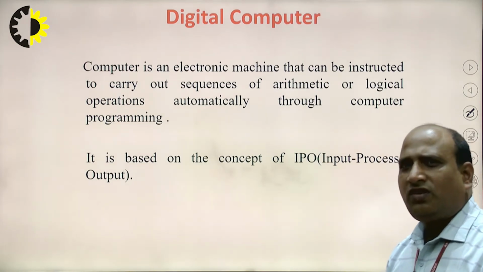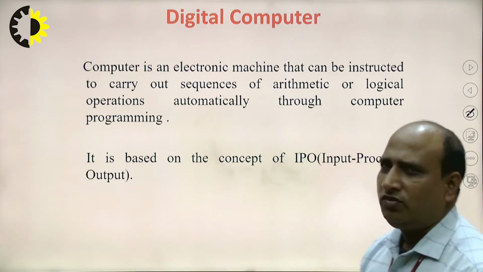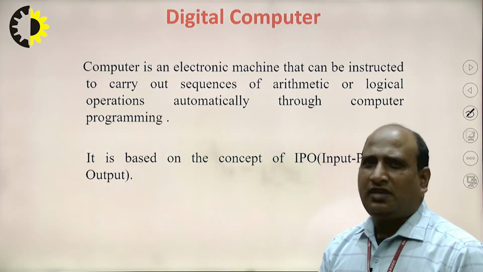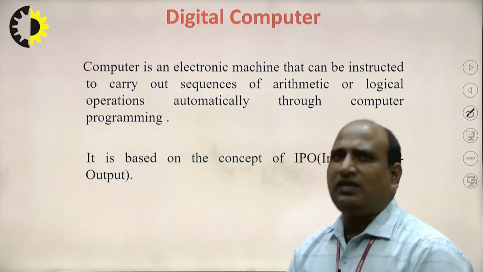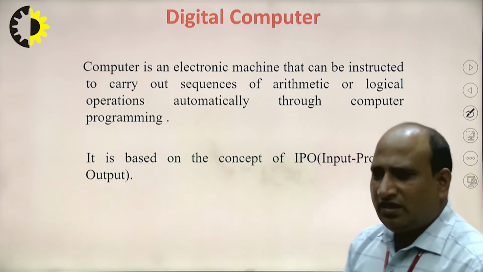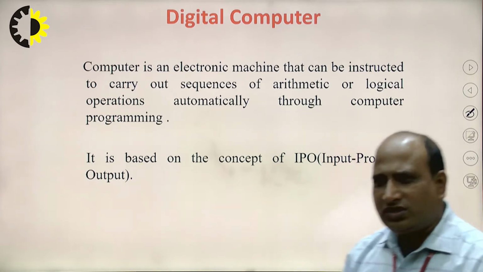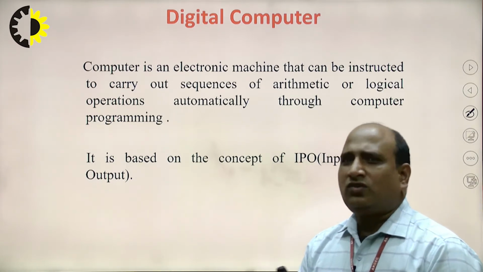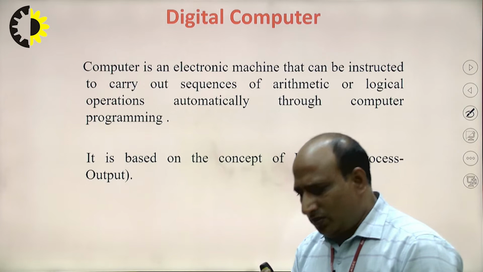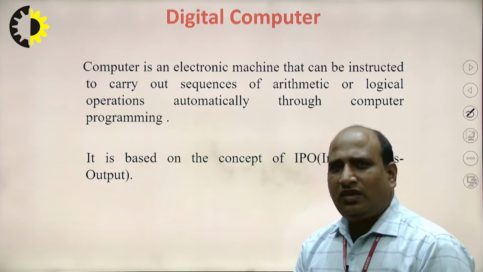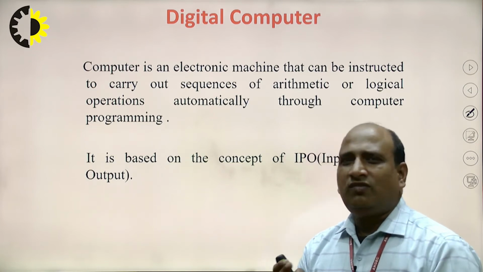First of all, let us define the computer. What the computer is. As we all know that computer is an electronic machine. As we all know that computer works through electrical signal. It is an electronic machine that can be instructed to carry out sequences of arithmetical or logical operations automatically through computer program. Means we can solve any problem, we can perform any task through computer, and that task will be